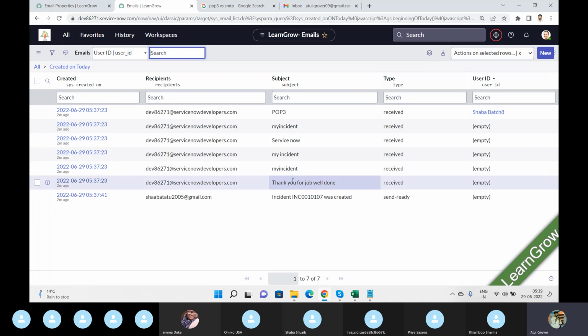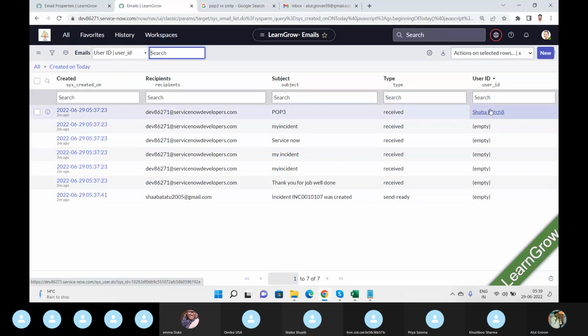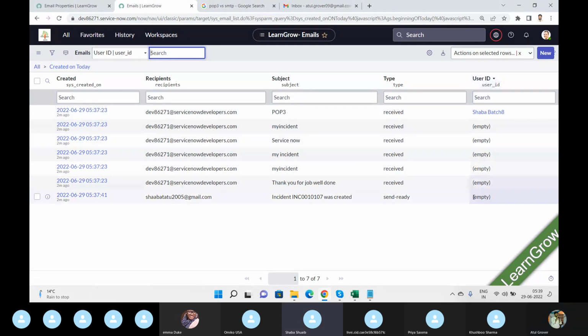See. Why is it not showing? Okay, now the question comes: why is it not showing your name here? Why is Saba's name there? Because there is no column for sender. No, it is sender only. I don't see where the sender is, where it will have my email as a sender. It has recipient, but